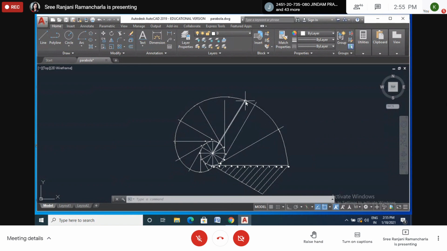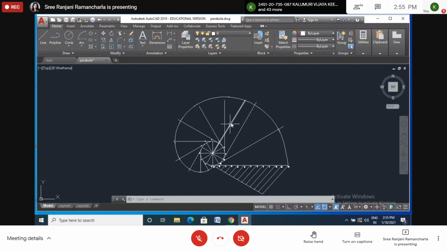Okay, I have taken a point here, right? Now join it to the center. Join to this center. And here one more thing: these are all also tangents. These are all normals, right? These are all normal to this curve. Yes or no? These are all lines we have drawn perpendicular. These are all normal to this curve.